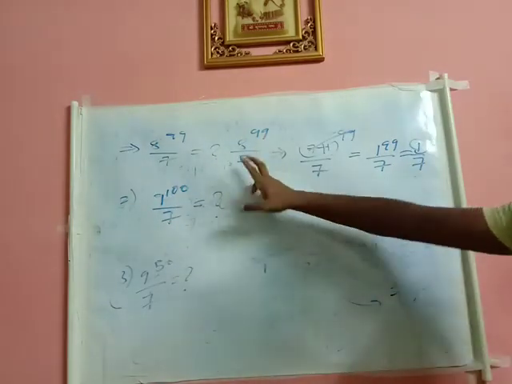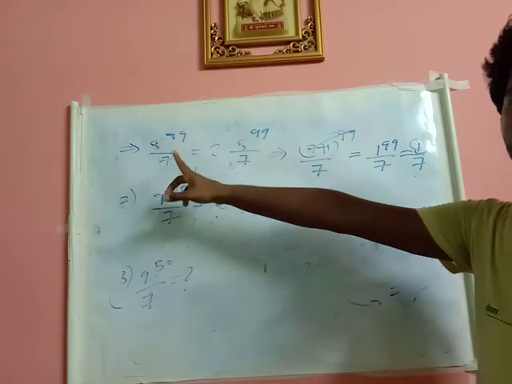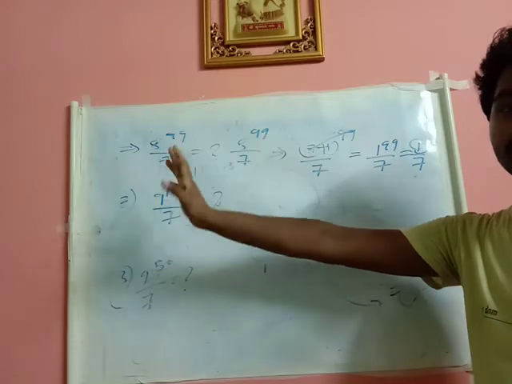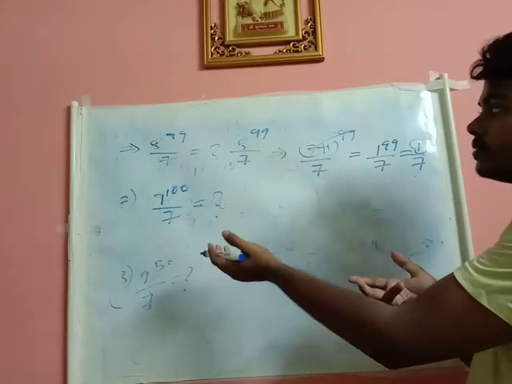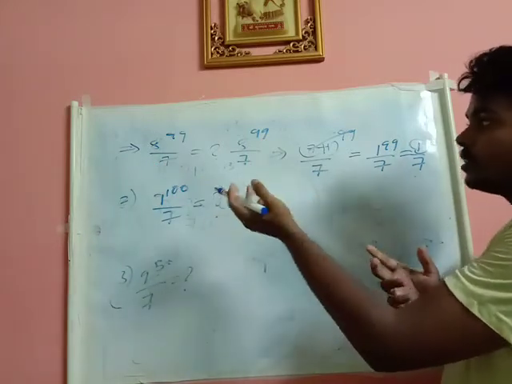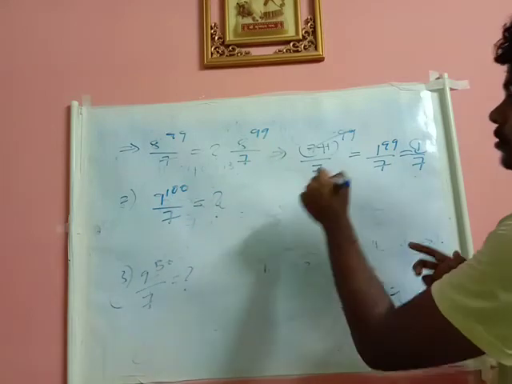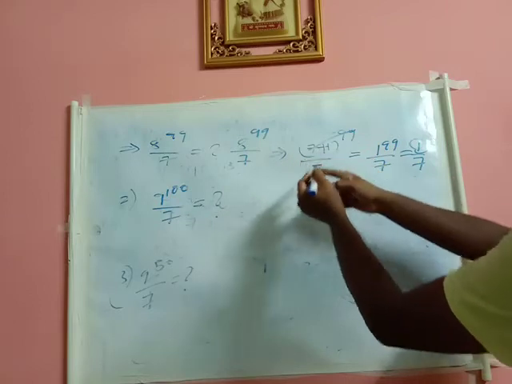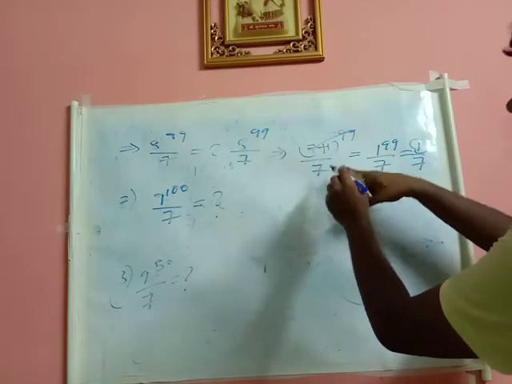What is the logic here? See friends, we'll be having a theorem which is called the binomial theorem. No need of discussing this theorem, because we are dealing with problems, right? So no need to go for the theory part. This comes under the binomial theorem. Initially you should convert the numerator to the denominator.